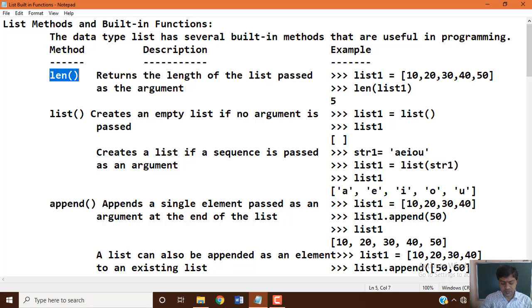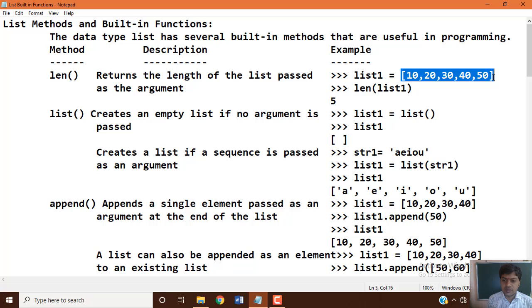Let's take an example: list1 variable equal to the integer values which we specified. We know that list data items are always enclosed within square brackets, and those data items inside the square brackets are separated by commas. So here we have 10, 20, 30, 40, 50, with index numbers 0 to 4. How many elements are there within this particular list variable?